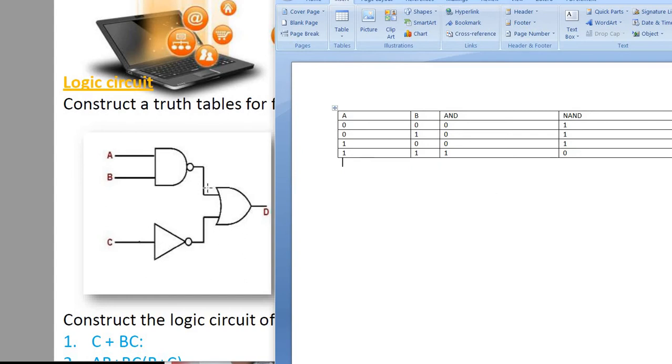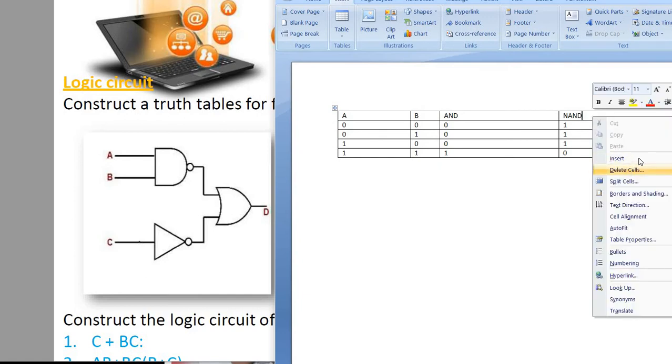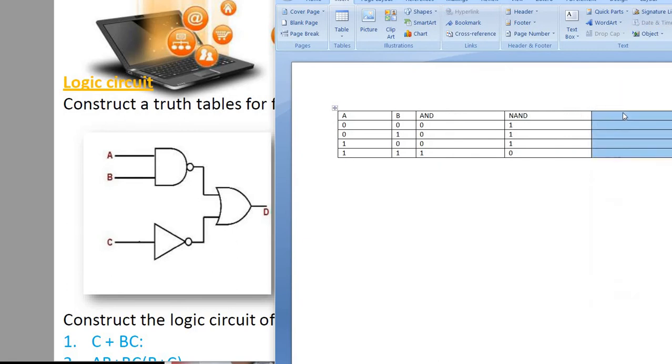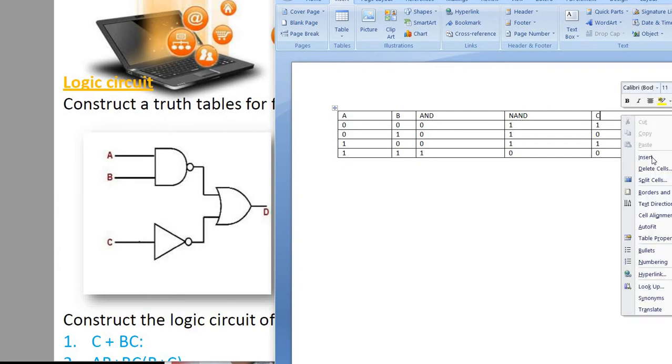For the NOT gate, C. This is output C. Again we will insert one more cell, for NOT, for output C. Here, write down C: if 1 then 0, again 1, then again 0.